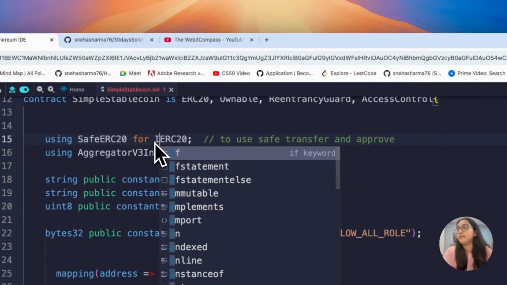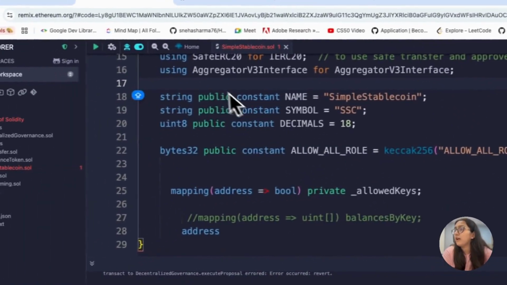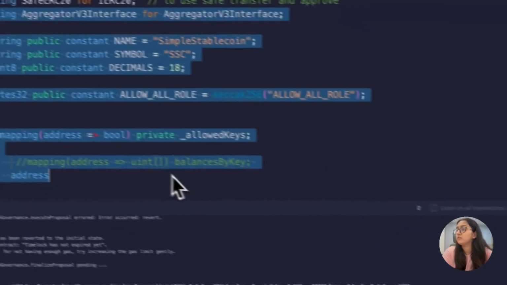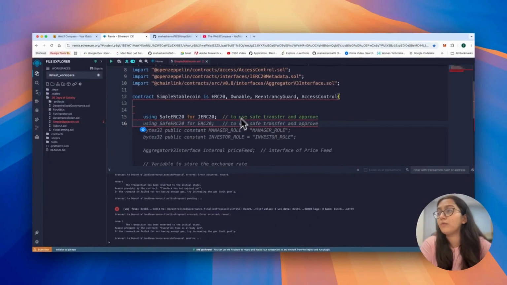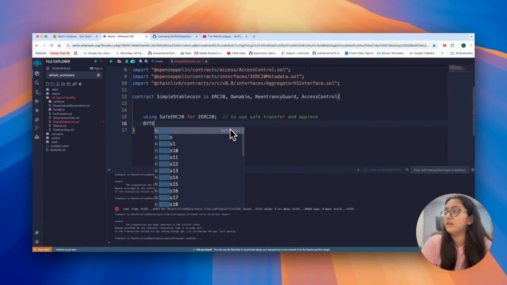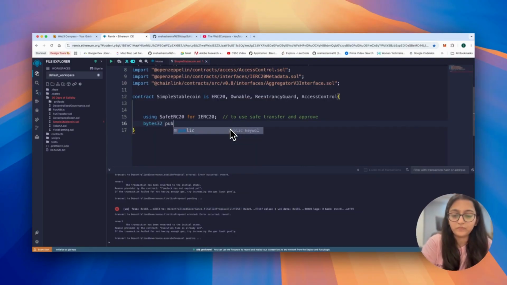So this will be IERC20. Oh my God, I don't know what these are. Can we remove this? Yep, correct. Okay. Now what we do is we write bytes32 public